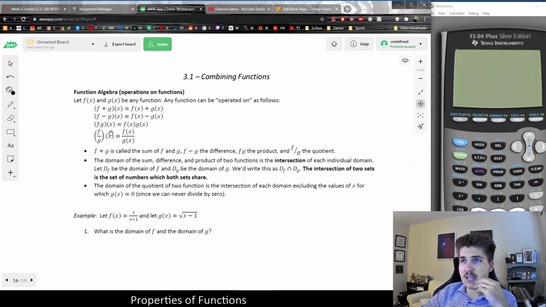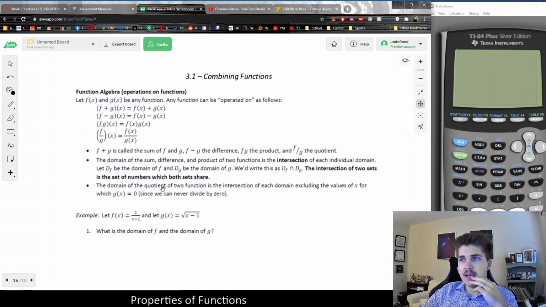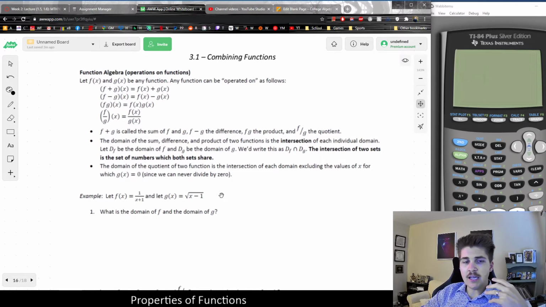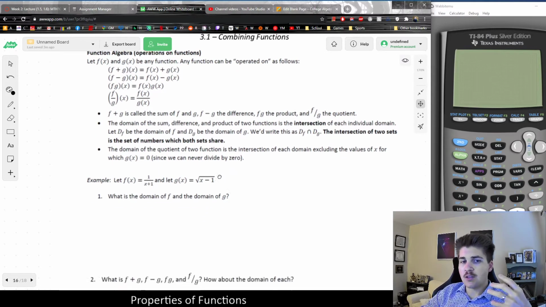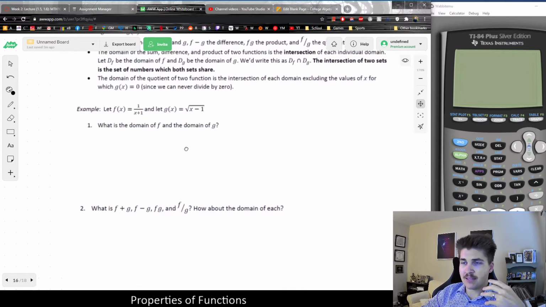This notation can look kind of weird, and you might think it looks sort of distributive, but this means f of x, this means f plus g of x. It doesn't mean multiply, it's just a function notation thing, which looks weird if you're not really familiar with it and used to it. And actually, the bullet points on the packet indicate how you would find the domain and range, but let's just look at an example and we'll examine how those joint functions impact the domain and the range of